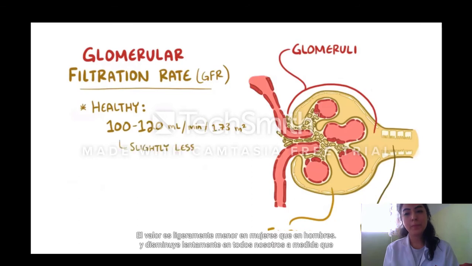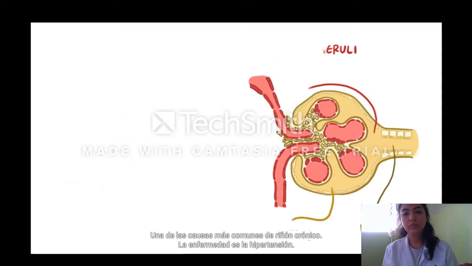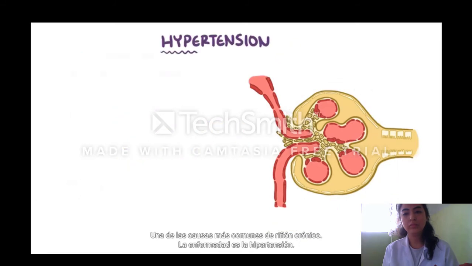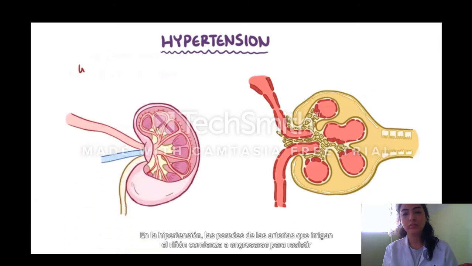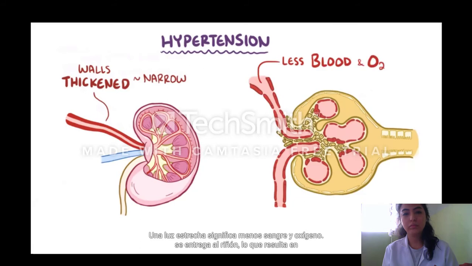This value is slightly less in women than men, and it decreases slowly in all of us as we grow older. One of the most common causes of chronic kidney disease is hypertension. In hypertension, the walls of arteries supplying the kidneys start to thicken in order to withstand the pressure, and that results in a narrow lumen. A narrow lumen means less blood and oxygen gets delivered to the kidney, which leads to ischemic injury to the